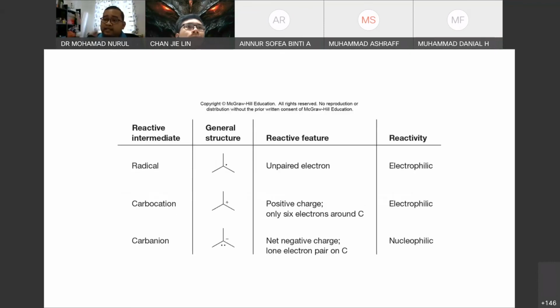So again, in the beginning, we already covered the homolytic and heterolytic cleavage. For radical reactions, it involves giving one electron only, not a pair of electrons. Between, also, the formations of carbocation and carbanions